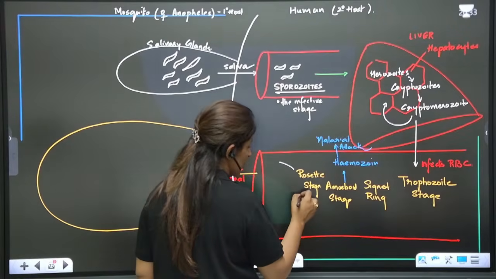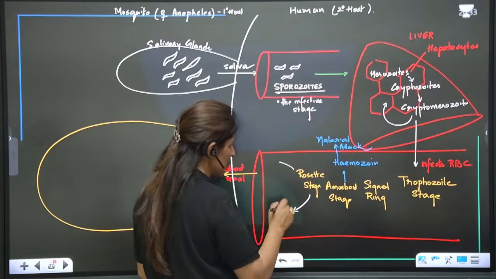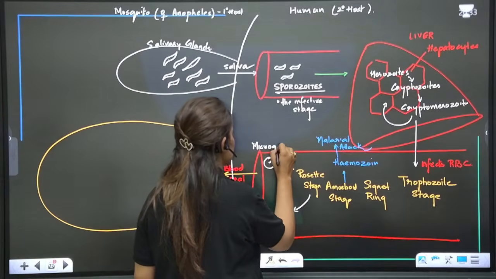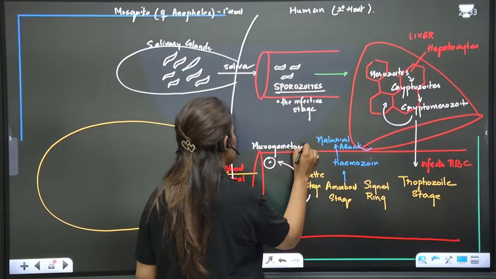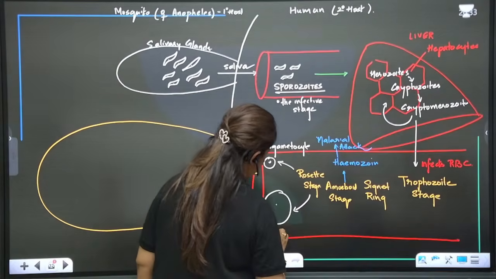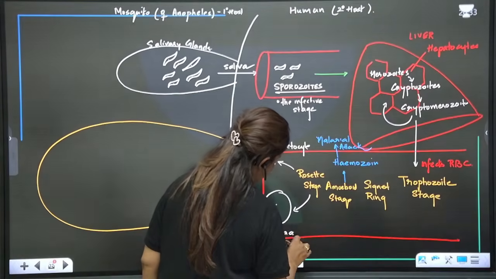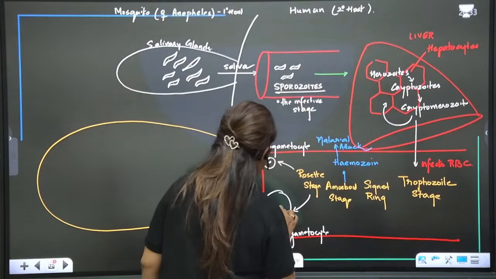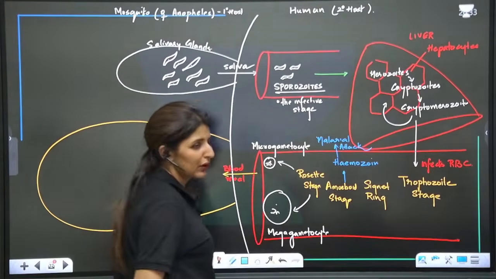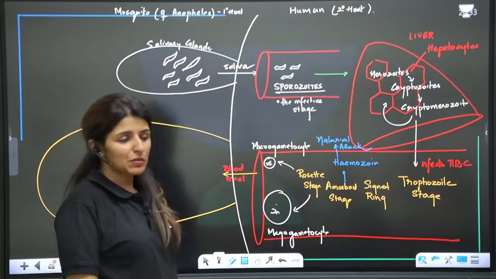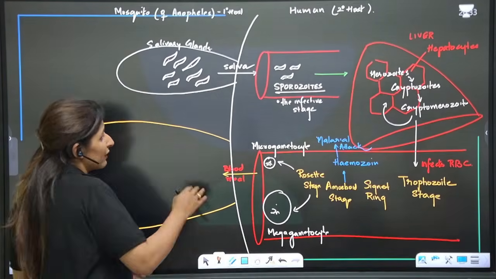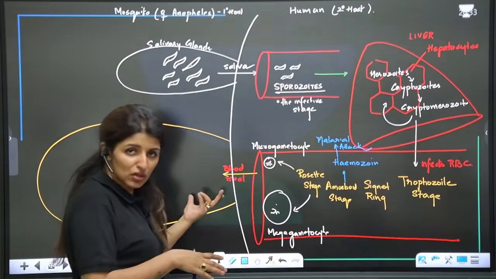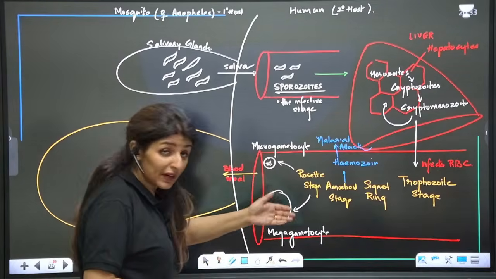RBCs will rupture. Now at this stage, RBCs will rupture and it will form microgametocytes, and it will form a large cell called the megagametocyte. These are all diploid stages, 2N stages, starting from sporozoite. Now, whenever a new female anopheles comes and sucks the blood of such a person who is suffering from malaria,